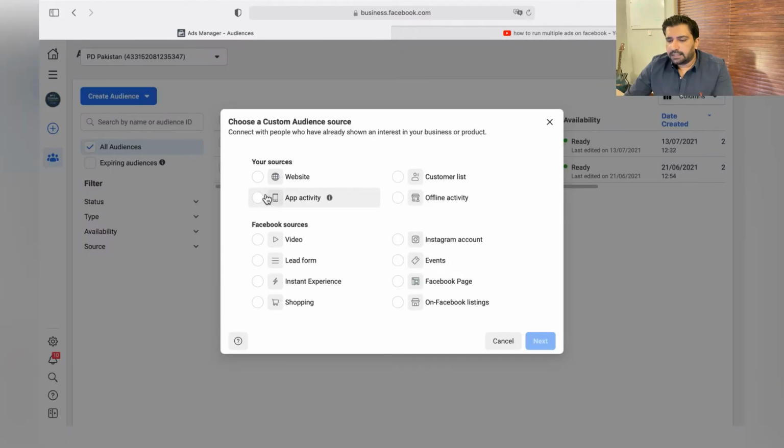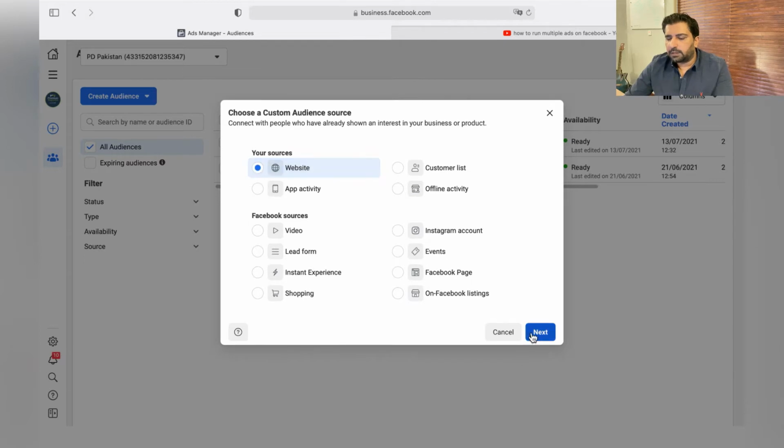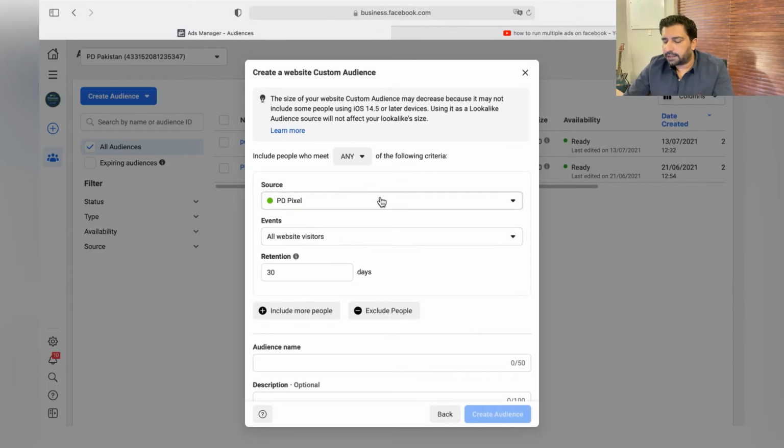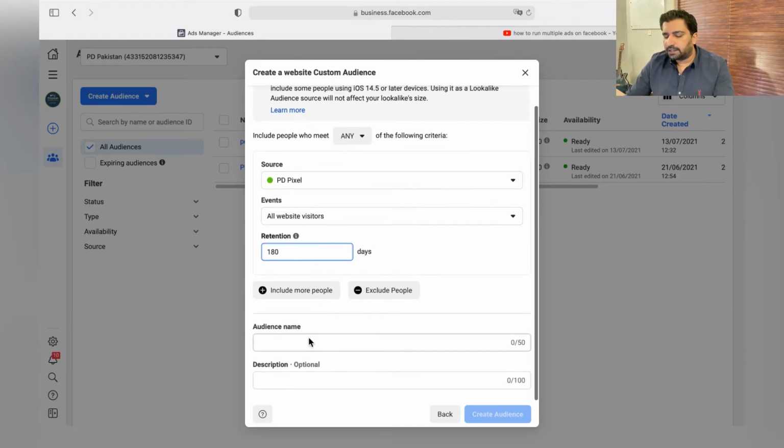Over here you'll see these options. Click on custom audience, select website. There are a lot of options, and I'll show you everything one by one. Just click on website, click next. Use your Facebook Pixel ID, which is already connected to your business account. If you haven't linked your pixel with your Shopify or WooCommerce store, please watch my previous videos. It's suggested to keep it to 180 days.